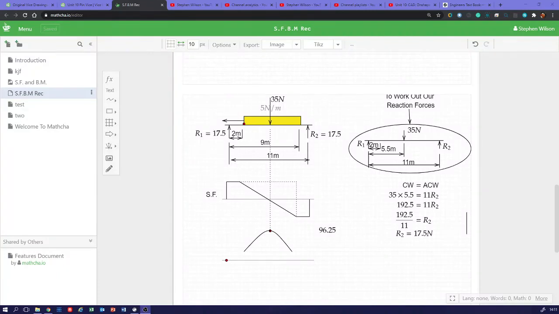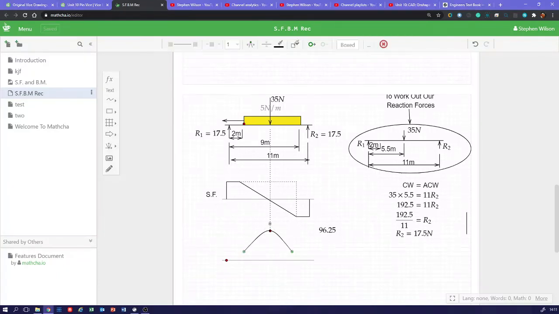So now the only question that remains is, where does this curve start and stop? So we need to take a moment about the end of our UDL so we can define that. If we take a moment about that point, then we're going this way. We encounter our upward force there. From the end of our UDL to our upward force is 2 meters. So 2 multiplied by our force of 17.5 is